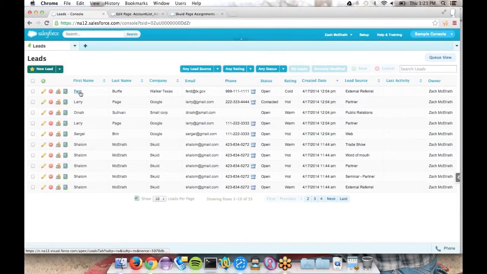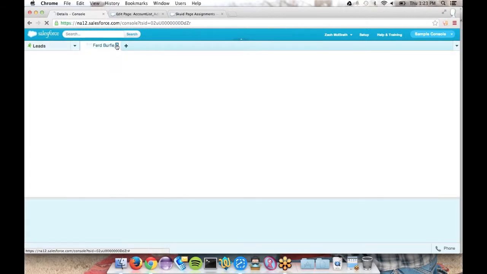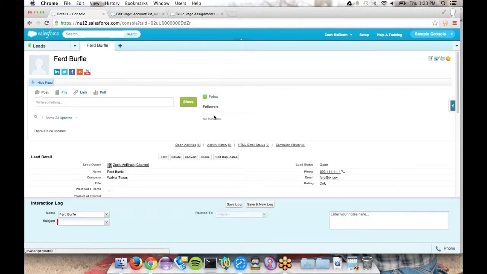All right, so now if I go to this record, we're going to see our standard view here. So with consoles, there are really four or five ways that you can inject custom content using Visualforce into this page. And of course, anywhere that you can put in Visualforce, you could potentially use Squid.